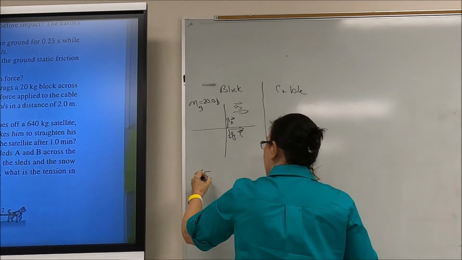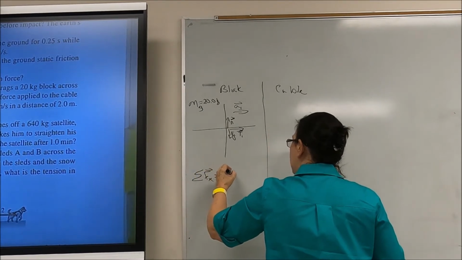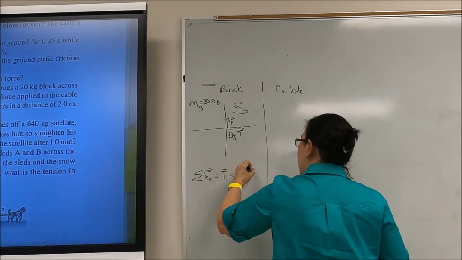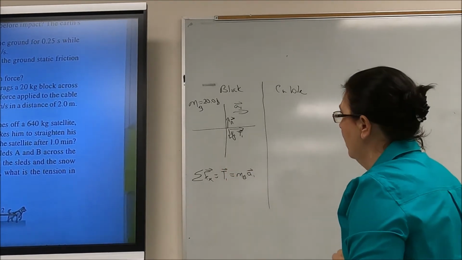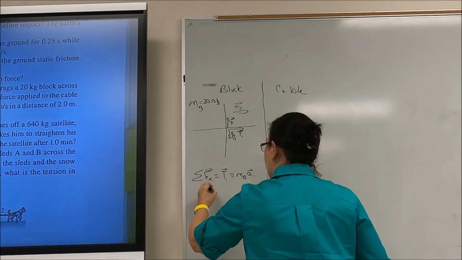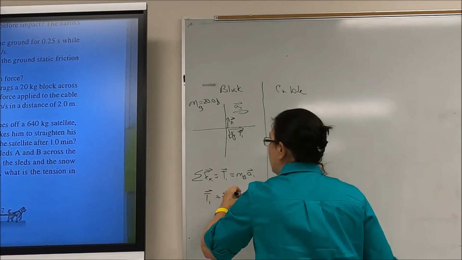The sum of forces in the x direction equals T1, which equals the mass of the block times A1. The only thing I have right now is the mass of the block, so T1 is equal to 20 kilograms